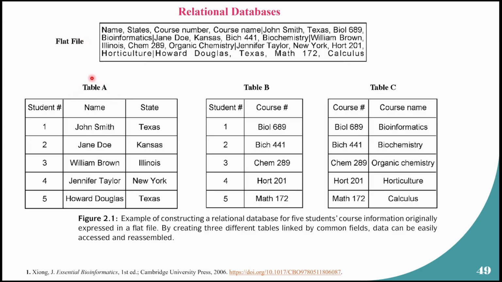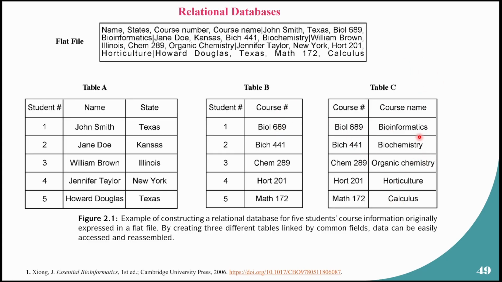So in that case, what you can do is divide or organize your database into different tables. If you look into the tables here, you will see that certain columns are common between different tables. For example, in table A, you have the student serial number as well as the name and state. In table B, you also have the student serial number, but it does not have the name and state. It only has the course, right? In table C, you have the course, which is common with table B, if you notice, and then you have